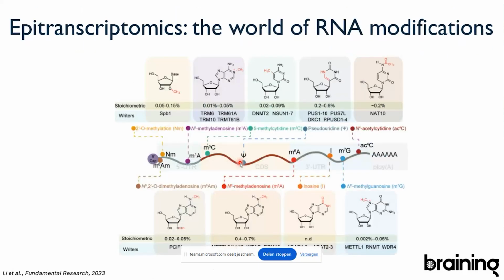A second application that is more in the realm of fundamental research is if we want to look at epitranscriptomics. I think most of you have heard of epigenetics, but maybe not so many of you have heard about epitranscriptomics. However, it is very analogous to epigenetics: where epigenetics are modifications of the DNA without altering its sequence, epitranscriptomics is the study of RNA modifications.